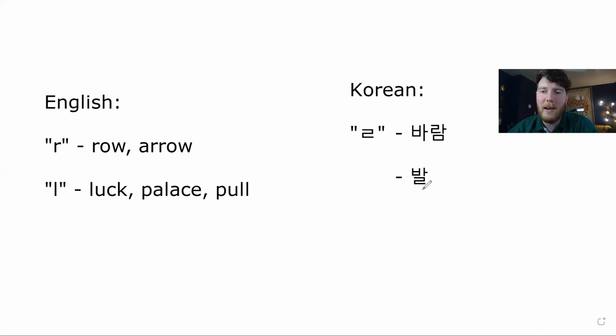And then we have pal, where the tongue touches that same place, but it doesn't tap, it doesn't pull away, it touches and the air flows around the tongue instead. And so I think within this representation of sound with this particular symbol, this to me is where the confusion lies for those Korean speakers who are coming to English and getting this RL